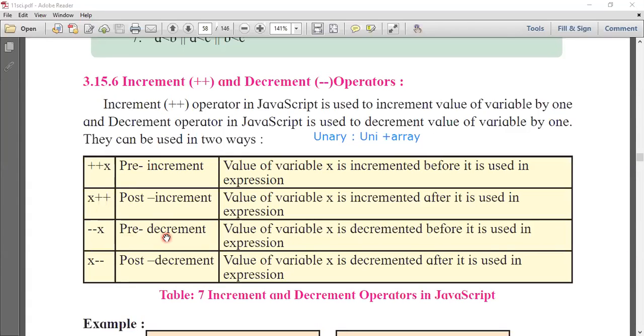Decrement, so pre-decrement. Similarly, here the variable comes first and then the operator comes, so post decrement. Here the minus minus is given, so a decrement value is given, so post decrement. So these are the four types in which we can write pre-increment, post-increment, pre-decrement or post-decrement.